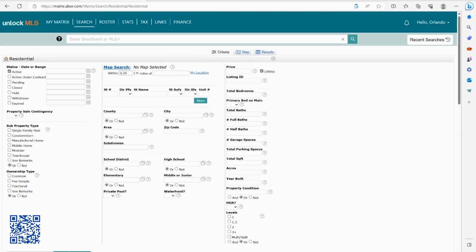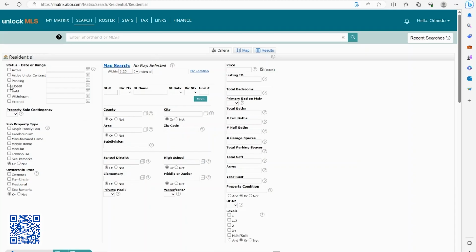So we want to look at, first of all, properties that are closed. Actually, sorry. So what we want to do is we're looking for closed sales. This will give us the best data indicating what your property should be listed for. So we want to look at 6 months back. So that's 180 days, just like an appraiser would. Okay. Next thing that we want to do